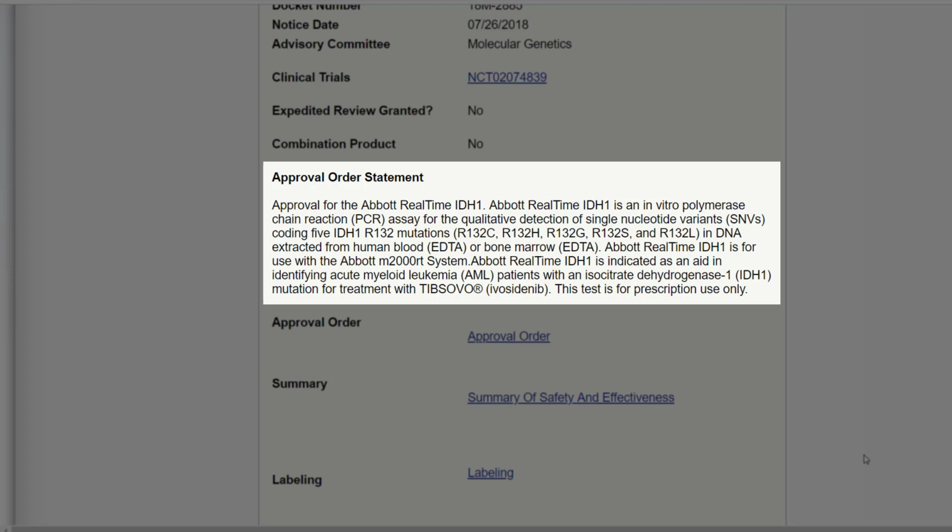That means that instead of the regular arginine that is supposed to be on the 132 position on the protein, there are 5 different possible mutations: cysteine, histidine, glutamine, serine, or leucine, and patients with one of these mutations are recommended for the treatment with ivosidenib.